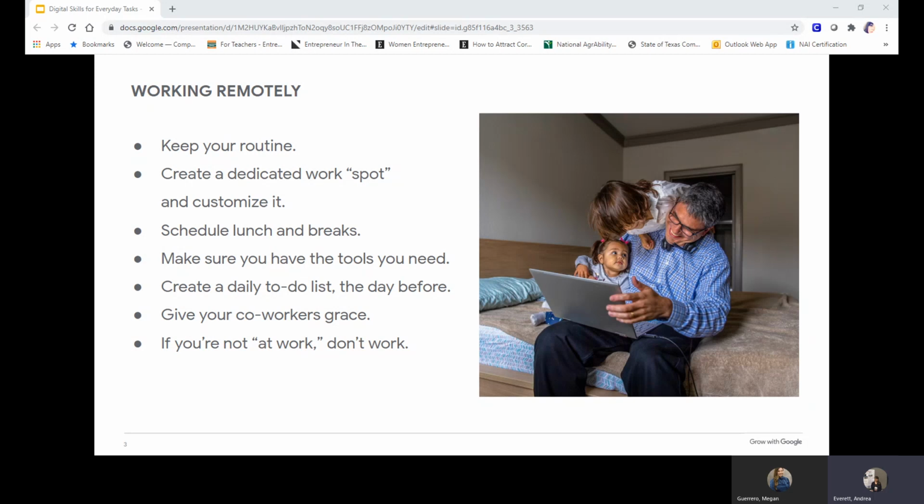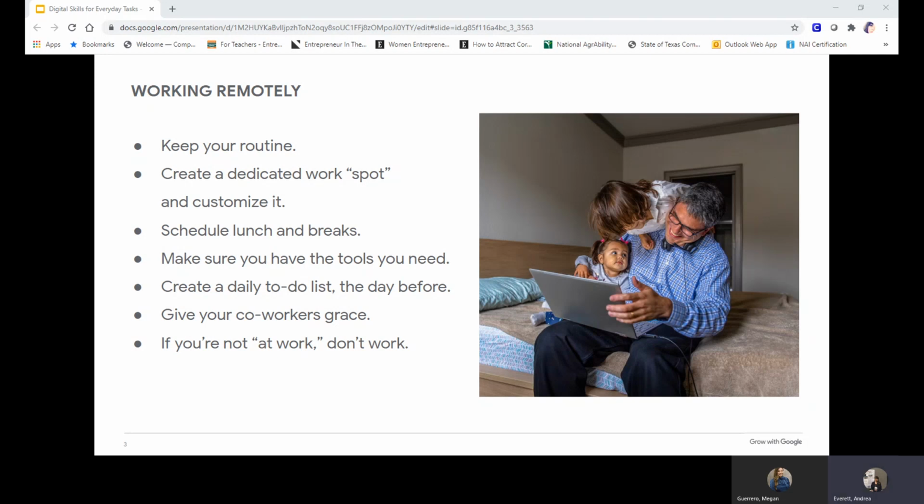Second, you want to create a dedicated workspace. Find a spot to go to work in your home at the same place every day. If you don't have the luxury of a dedicated office at work, at least go to the same place at a table every day, even if you have to clean it up at dinner time. Don't just bring your laptop to the couch one day, then the recliner the next.